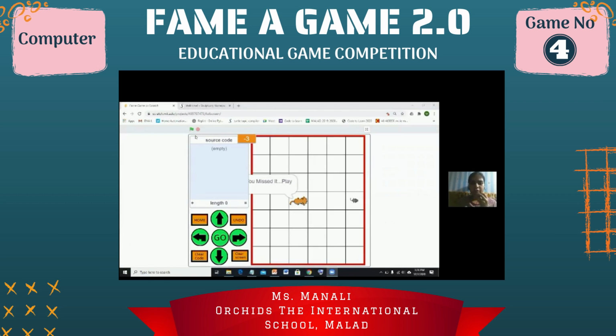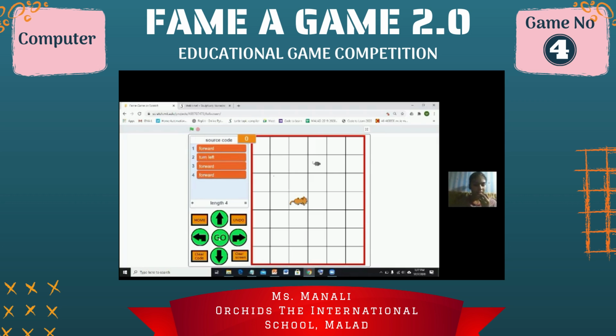So first of all, we have to click on the start button. As soon as we click on start, the cat is standing at the starting position, which is here. The rat keeps moving within this area. Now it is the student's job, whoever is playing the game, to control the cat and make it reach over here. In this case, the first command is to move forward. Then I have to take a turn, that is a left turn. Then I have to move 2 steps forward and my program is done.